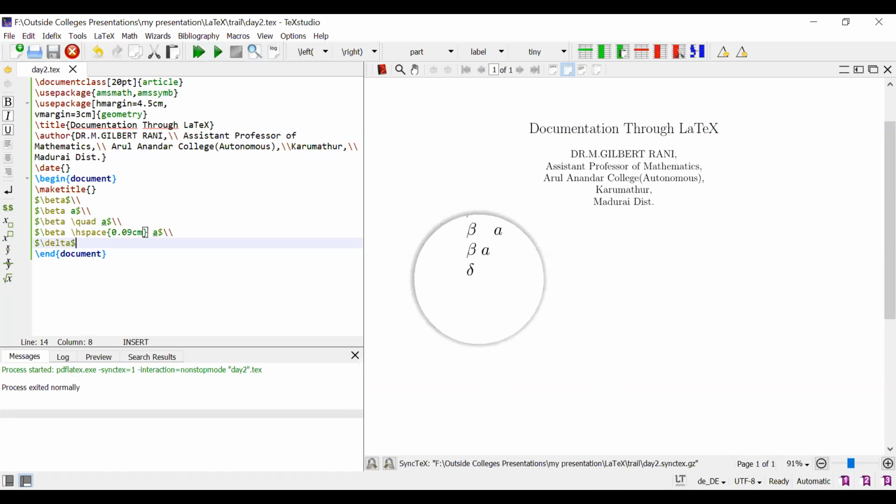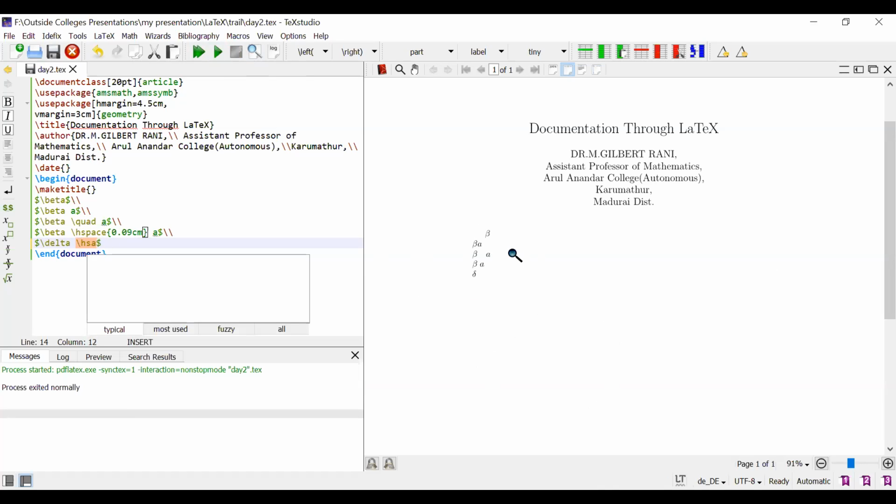See this? This is delta, small delta. Now I'm going to type capital delta.